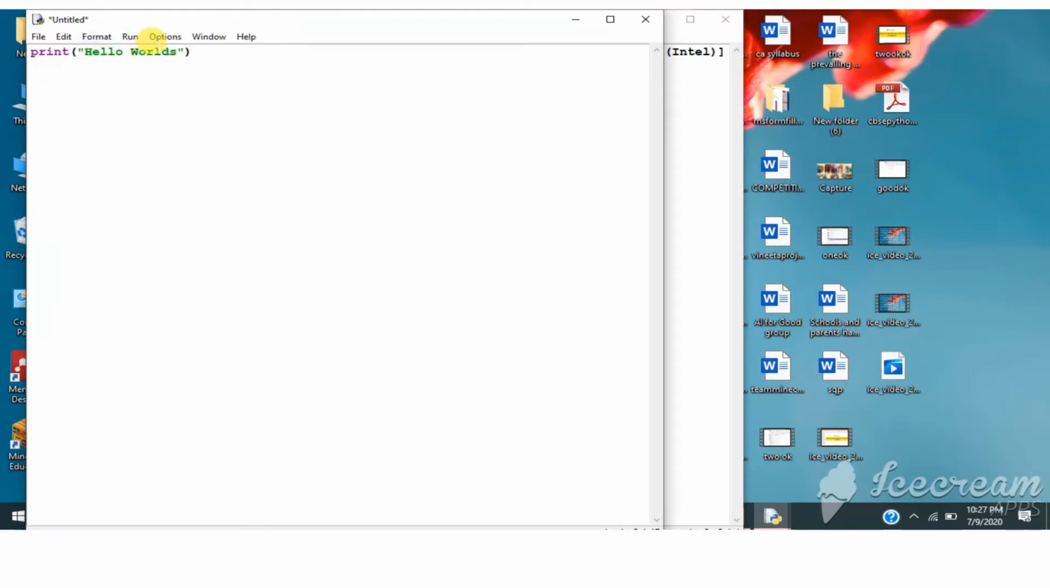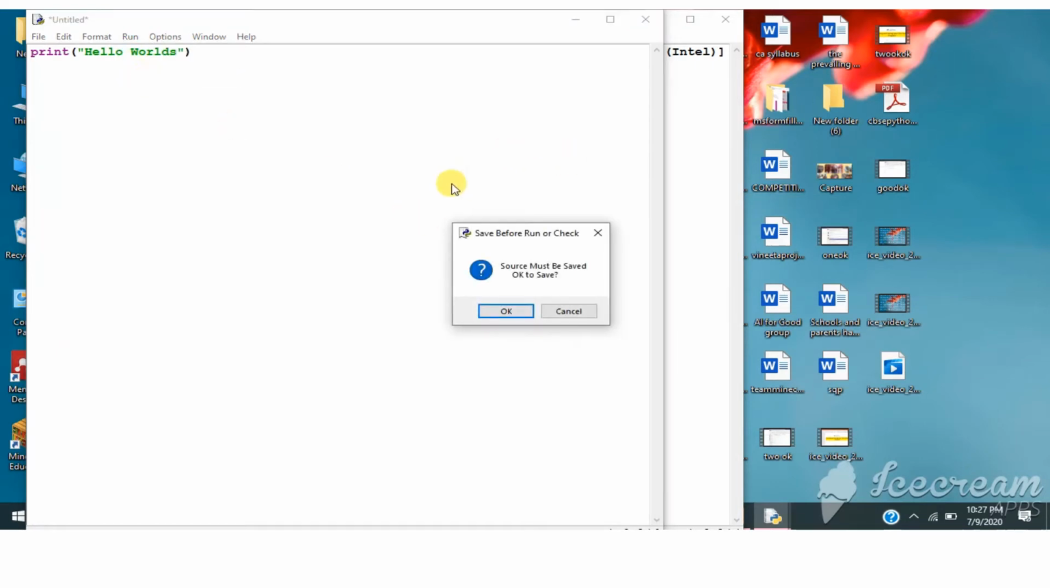Now what is happening here is I have typed the statement, and if I press enter, I will not get the output here. How will I get the output? By running it. So I click on run, and now there will be a prompt which will ask me to save it. So this is a program. It is going to be saved as a file which can be accessed again and again. So I'll click on OK,